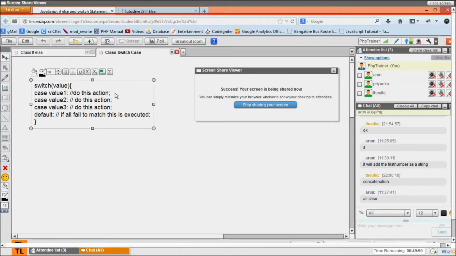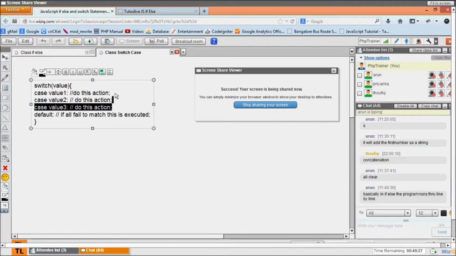Now there's a problem here in the switch case statement. Suppose, for instance, this value is matched, let's say the second value is matched. So if else has no breaks on it. If the value is matched, it jumps to the next, through line by line.